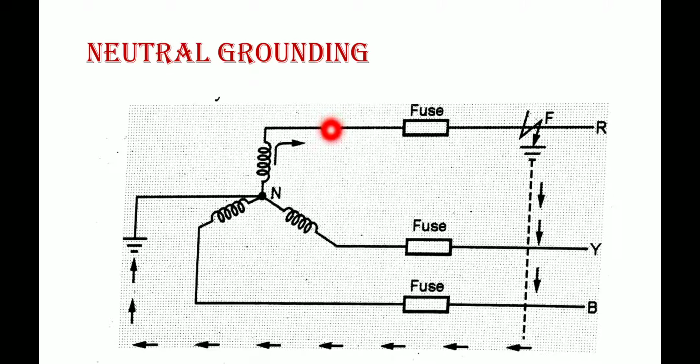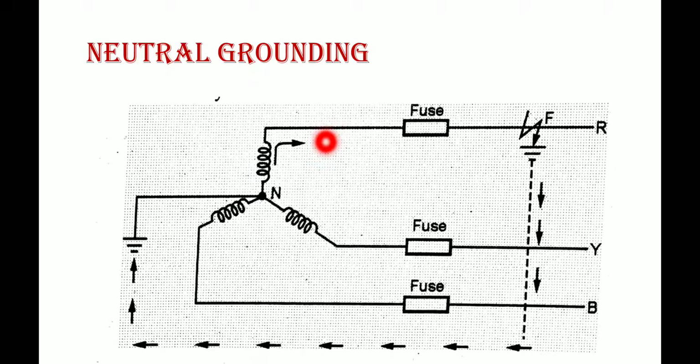See here, first I told you about neutral grounding. Keep it in mind: the neutral point of a three-phase system is connected directly, or through some circuit elements, either resistance or reactance, to the earth. This is called neutral grounding. Next I told you that this neutral grounding provides protection to personnel as well as the equipment itself. The next point is that during an earth fault,